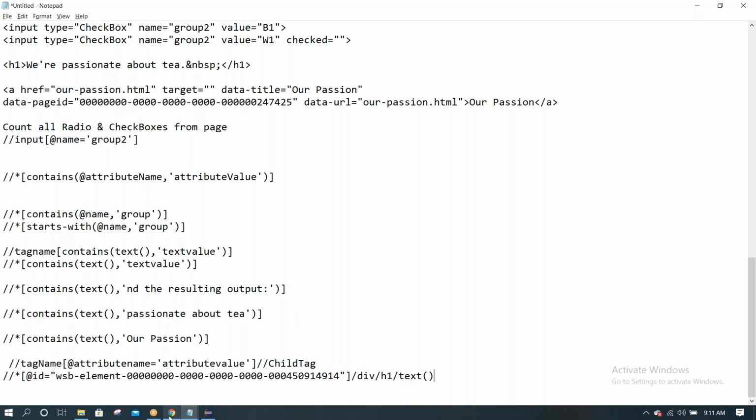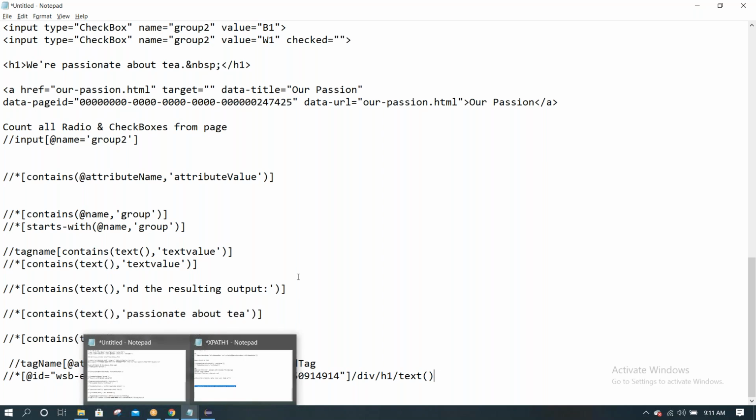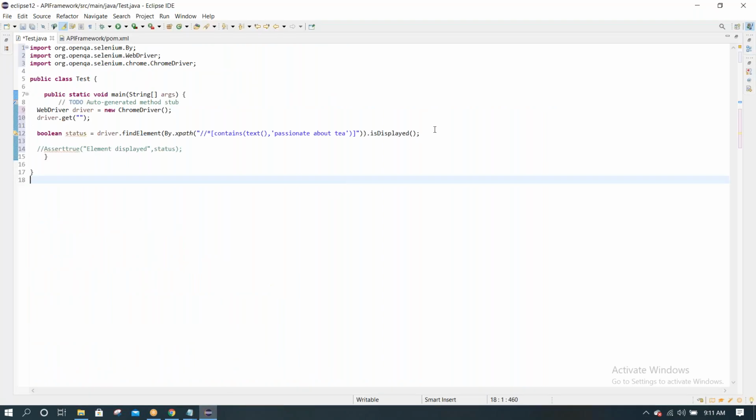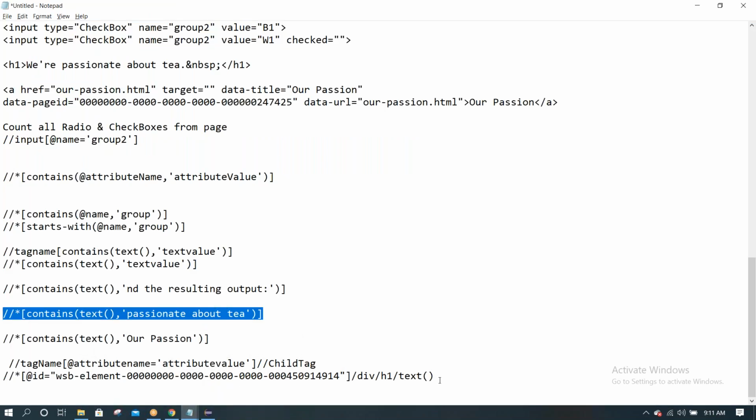Okay. Right. Now in this case, we are writing directly that element text. So if you verify with is displayed, that is also fine. Now the other condition, this XPath can be considered.